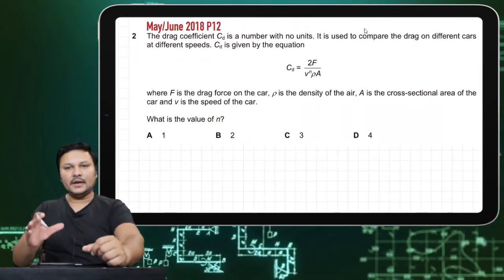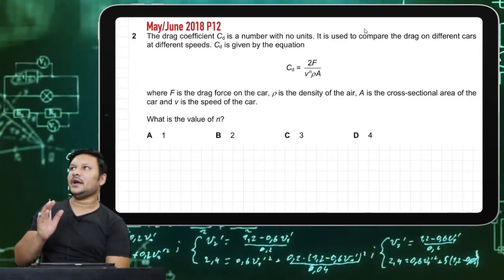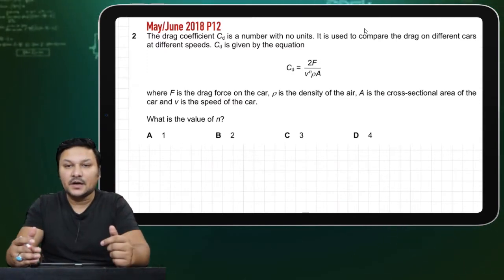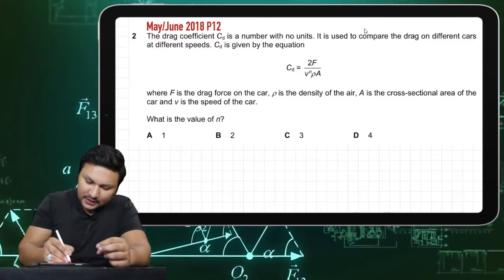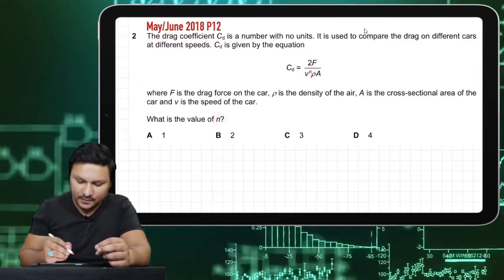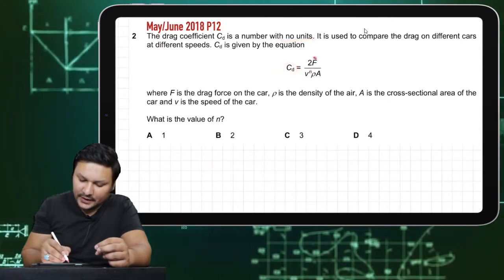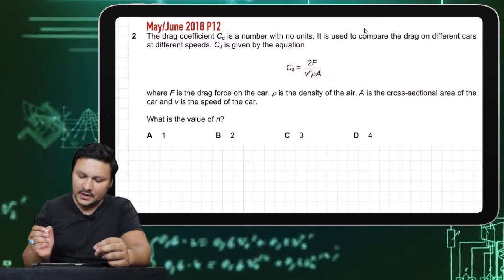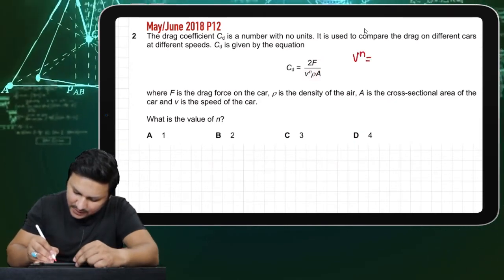Now, let's have two more questions which are normally being asked, as they always give the term or the equation, and they ask us to find out the power of any quantity. Like in that case, they are asking what is the unit value of n, which is the power of v, that is speed. CD is basically a constant with no unit, F is force, V is speed, rho is density, and A is the area. So let's find out. First of all, make this the subject.